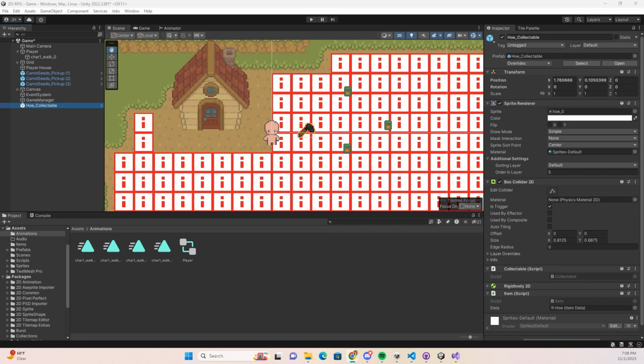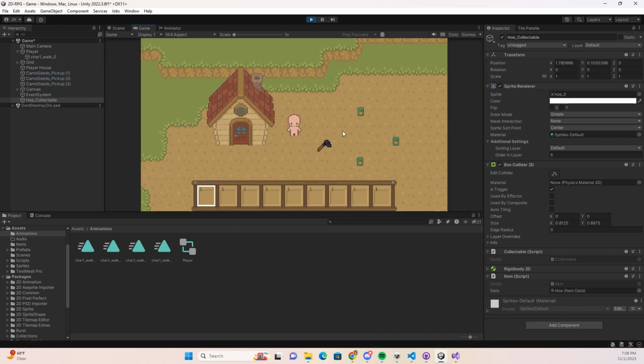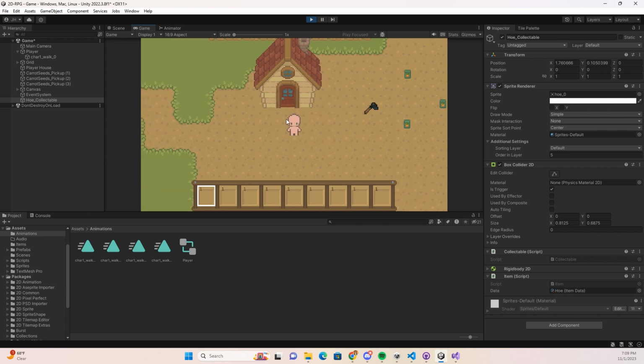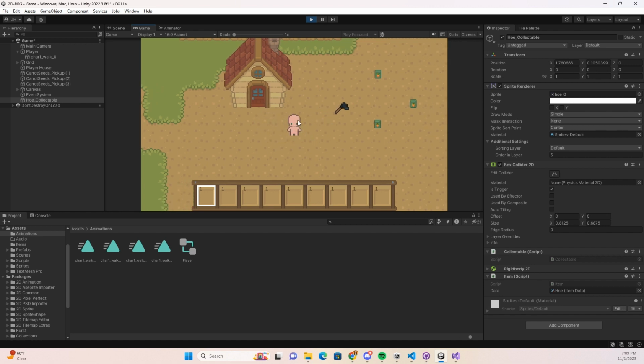In this video, we're going to be creating our hoe animation and adding it for when we use our hoe to plow the ground. To get started, we're going to go ahead and just update our idle animation for our player. Right now, when we walk around and then stop walking, our player turns back to the camera to face us. But what we're going to do is just create a 4-directional idle animation using a blend tree, just so that way when we stop walking, the player continues to face the direction that they were walking in,